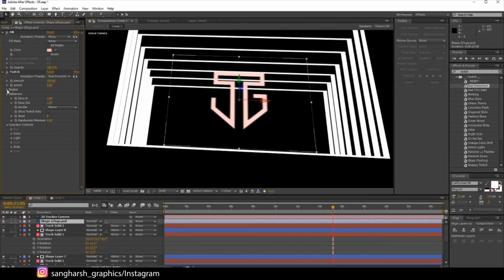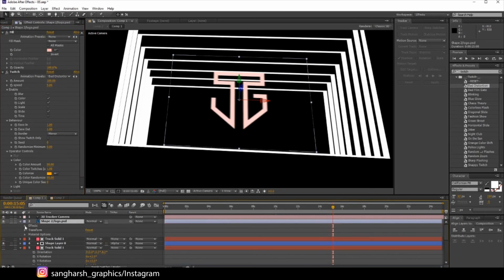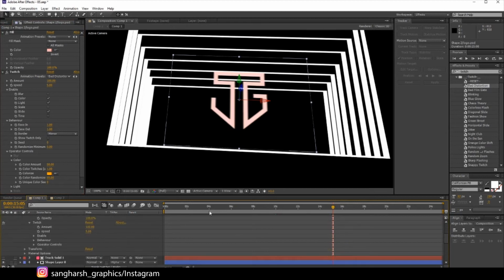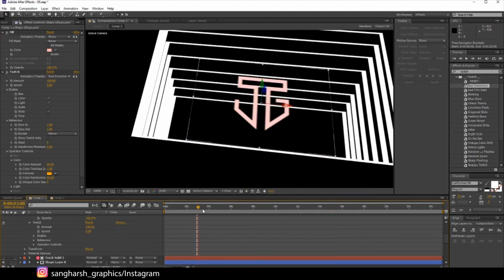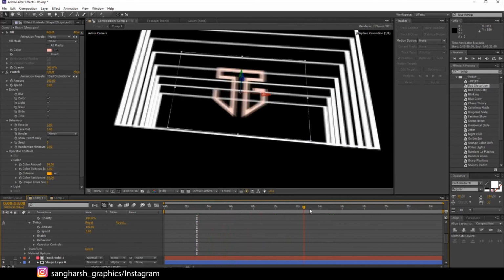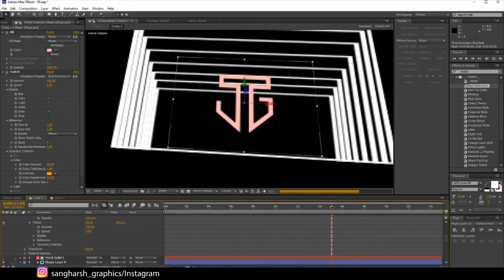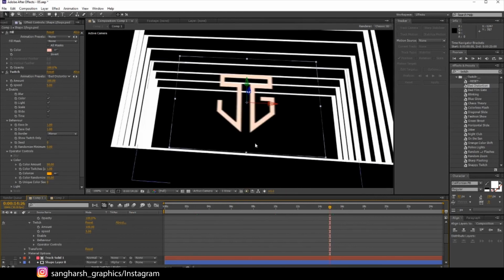So let's just come here, see what the effect is actually doing here. Select the twitch, as you can see here is the twitch effect.